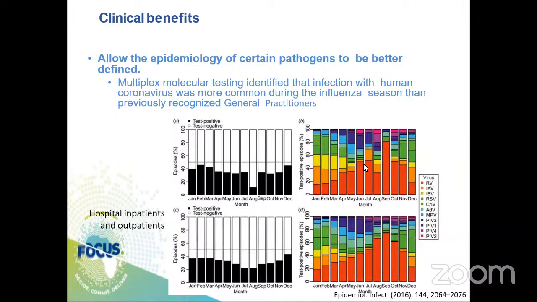The colors here are represented on the side with some of the organisms. So we're talking about rhinovirus, maybe human metapneumovirus, and so on. This is just a representation to show you the kind of organism you can easily identify. And from this approach, you can even come up with an epidemiological tool